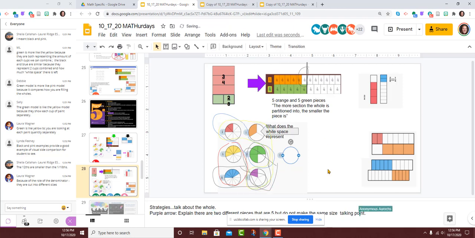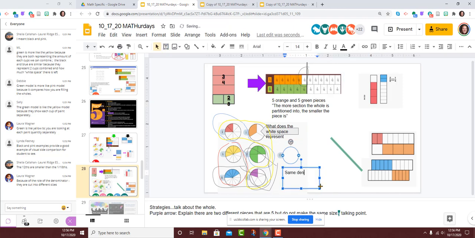Hi, Teresa. I know lots of people circled that. I did as well. I think the thing I like about the green and the purple is the green is cut into fourths, and the purple to me visually just looks a little bit less than 1/4. So even if I take the denominators out of it and I don't worry about the greatest common factor and all that stuff, just visually I can see that the purple will fit because it's a little bit less than 1/4.